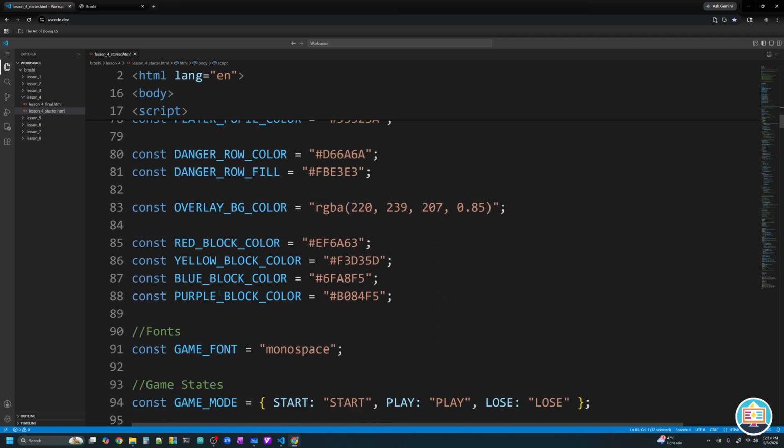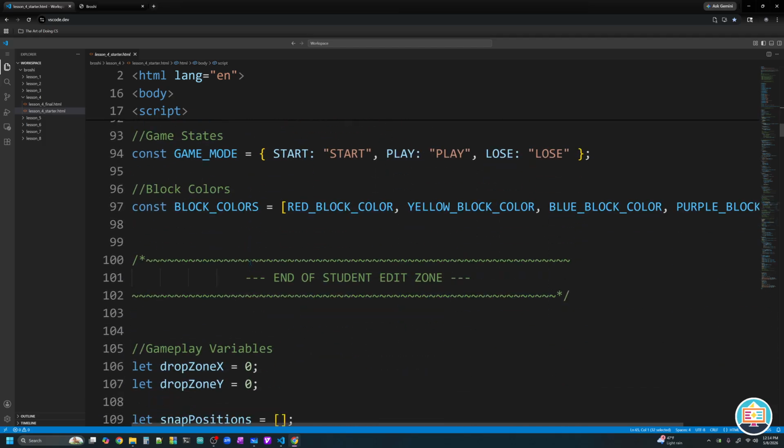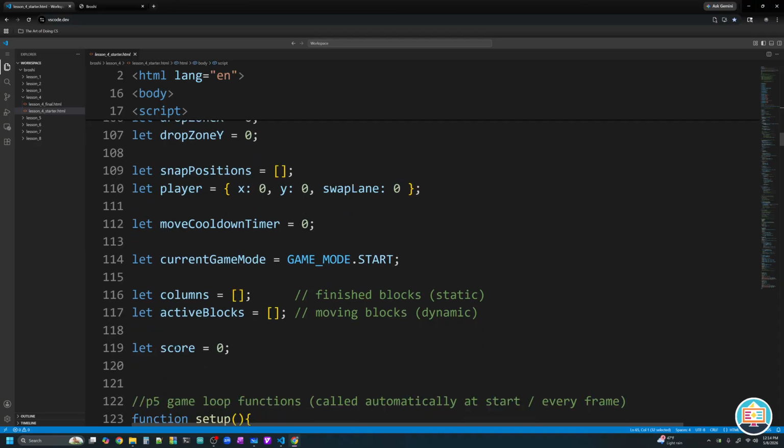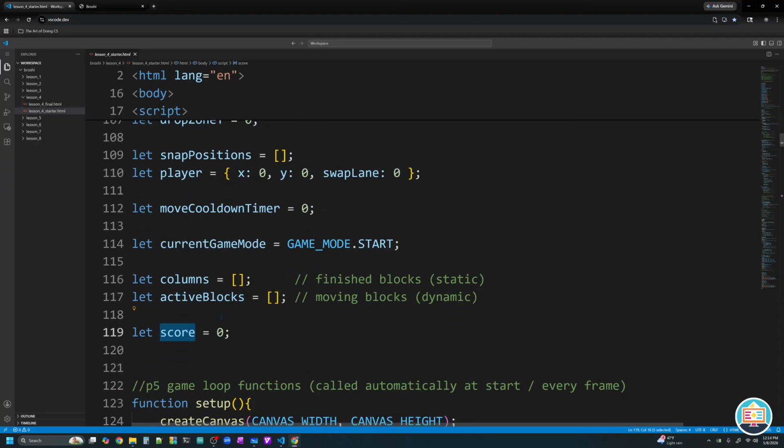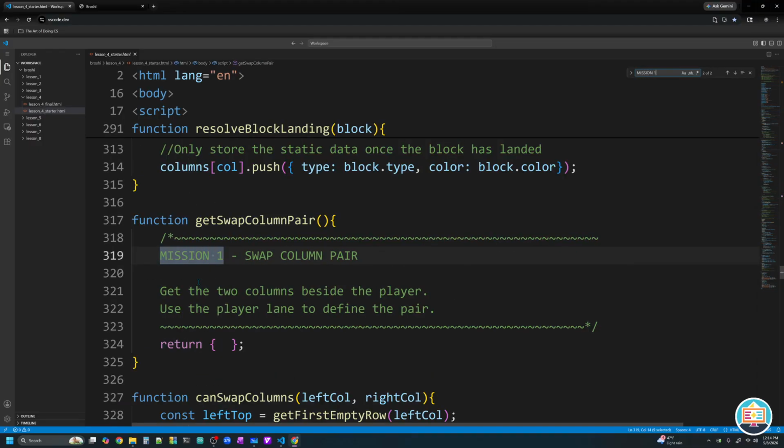And what else do we got? No new colors. No new variables there. The only other variable we have for our gameplay variables is a score variable. So everything else is pretty much the same for this system. So let's do a control F and I'm going to search mission 1. And mission 1 finds us in a function called